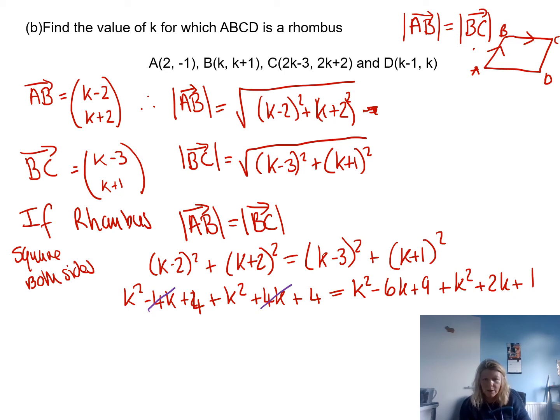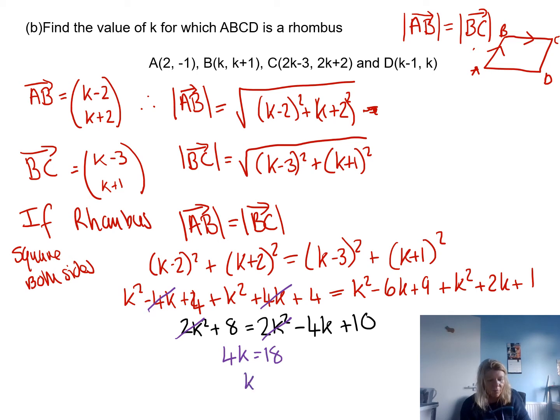What are we left with now? We've got 2K squared plus 4 on this side, I think. Oh yeah, it's 8, right? 2K squared plus 8. And on this side, we've got 2K squared minus 4K plus 10. Well, take that off both sides, gone. Take the 8 over there and the 4 over there. So we've got 4K equals 18. So K will equal 18 over 4, which is,